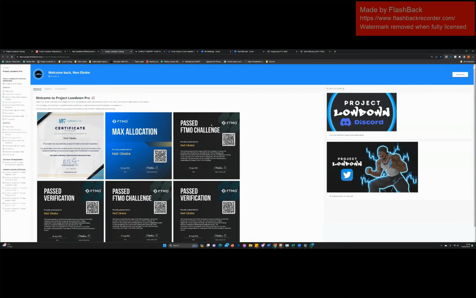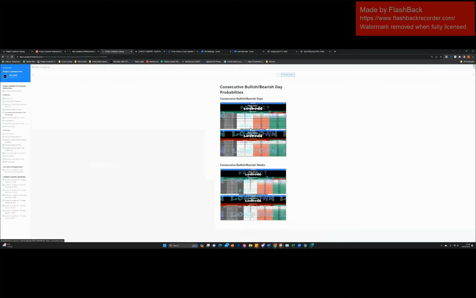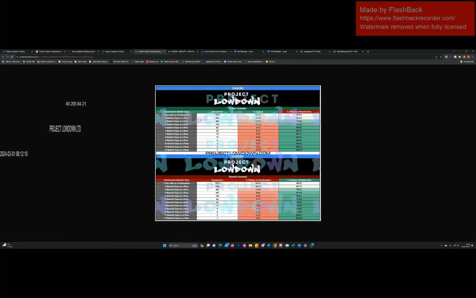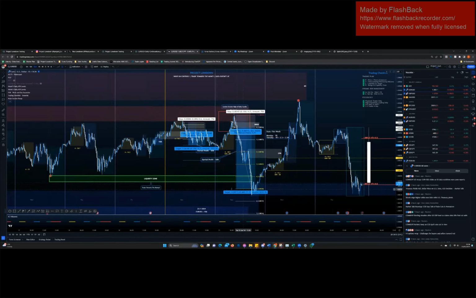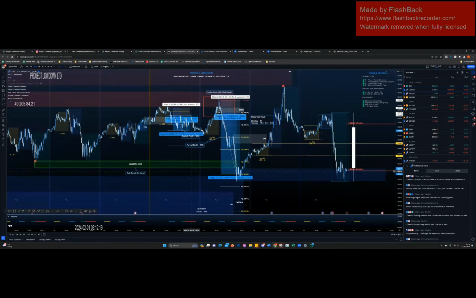Consecutive candles. So we had two bearish days in a row. What's the probability of three? 21%. So this day we knew there was a 78.2% chance of going long. So when I told you about daily bias, and I said we combine supply and demand and that statistic, that's an example of using it.